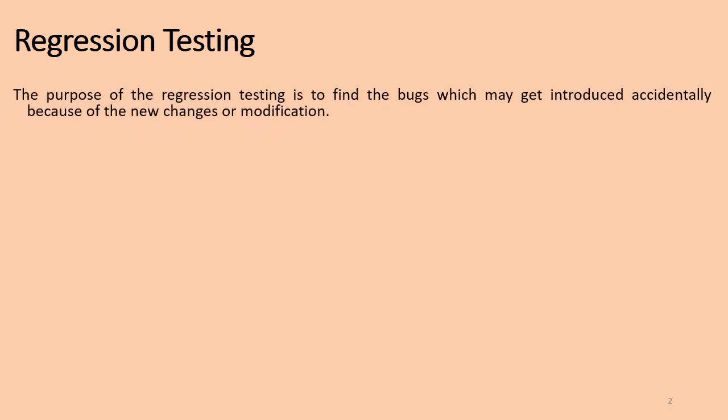The purpose of regression testing is to find bugs. We want to uncover the errors which may be introduced because of the new changes or modifications. Because you have already developed a system, it might be possible that the changes you have made are not compatible with your previous changes, or are not exactly correct and not supporting the system. To check this and identify the errors associated with the newly modified changes, we perform regression testing.